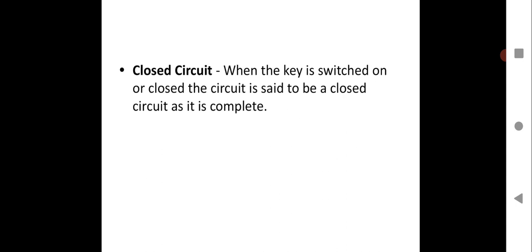Similarly, on a similar line, just a reverse of that, you are going to learn the opposite concept, closed circuit. When the key is in switch on position or closed, the circuit is said to be closed, or the circuit is complete. Circuit is complete means, for example, a fan. You are putting the switch in on position. The fan will start working. It will start moving. That means you are supplying current. That means the circuit is completed. You are allowing the current to flow, and the fan will get the electric current. Then it will start moving. So this is called a closed circuit.